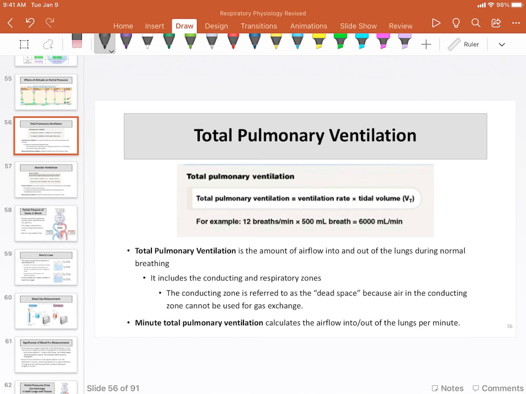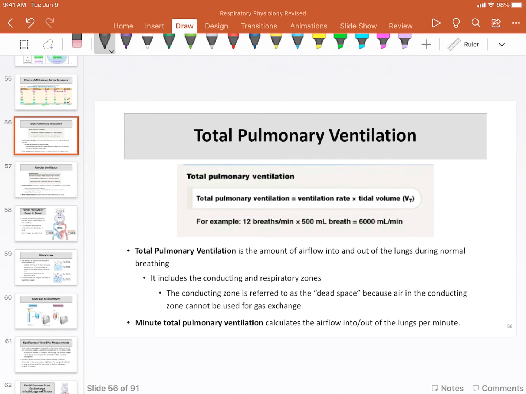Recall that ventilation refers to the airflow into and out of the respiratory system, into and out of the airways and the alveoli. Total pulmonary ventilation includes both airways and alveoli, both the dead zone and the air sacs, the respiratory zone. For the average 70-kilogram male,